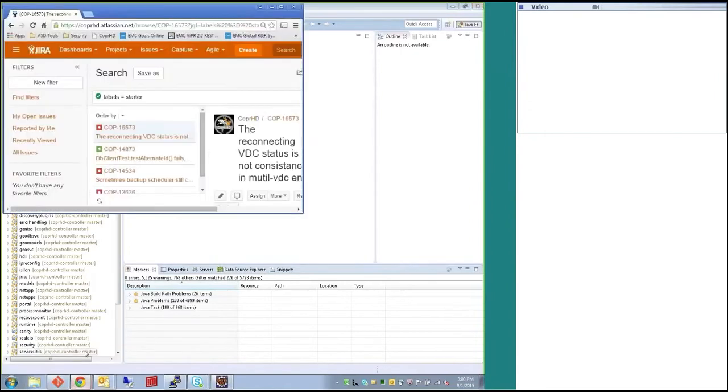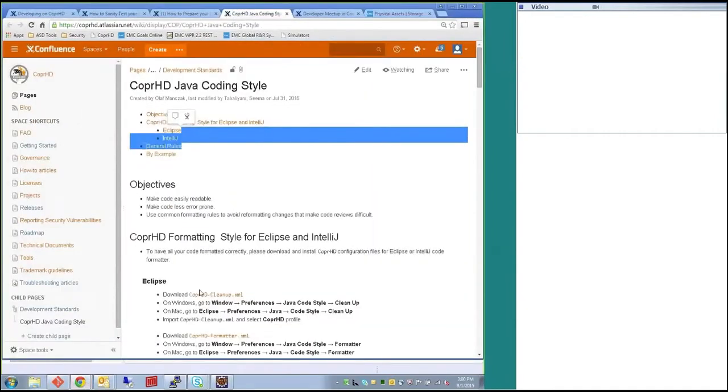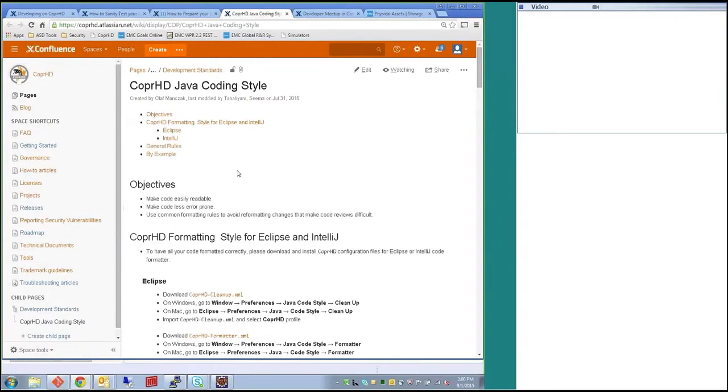Key things, we do have Sonar running, and so one of the things we're working to get done is pull requests, which we'll talk about a little bit later. When you go to submit code to CoprHD, there are a set of requirements of what you need to have done as far as testing, as far as complying with code style, and the other thing that we're enforcing across the project is we don't want regressions in terms of bugs found by FindBugs or PMD or the various things that are running as part of Sonar. And so when the pull request is pulled up and the committers are looking at it,